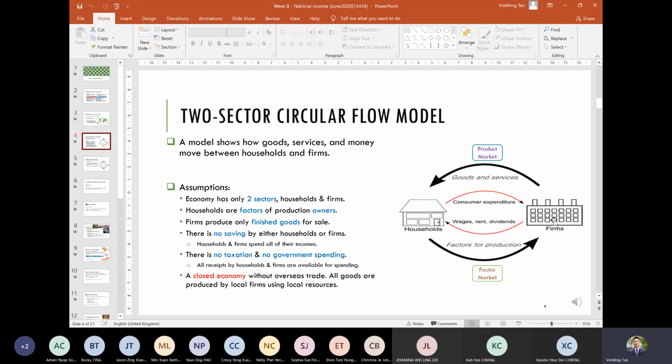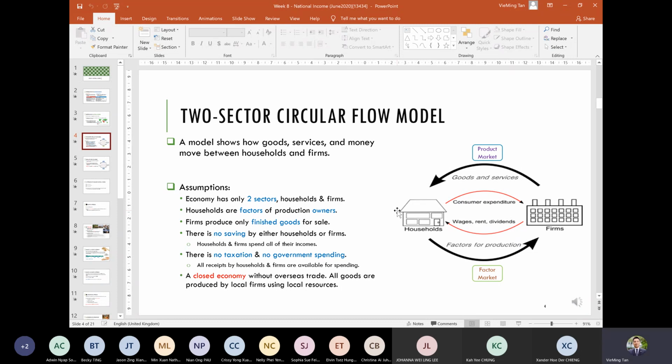For this model, there are a few assumptions. Maybe they may not happen in the real world, but this is the assumption of this model. According to this model, the household will own all the factors of production. Remember the four factors of production we studied in chapter 1? In this model, it is assumed that the household will own the four factors of production, which are